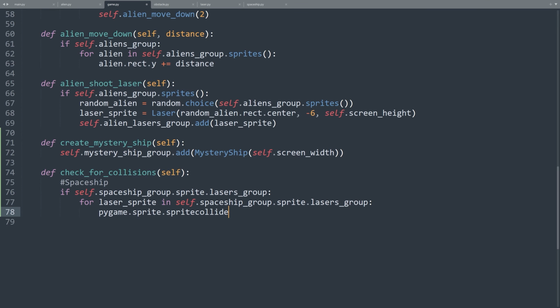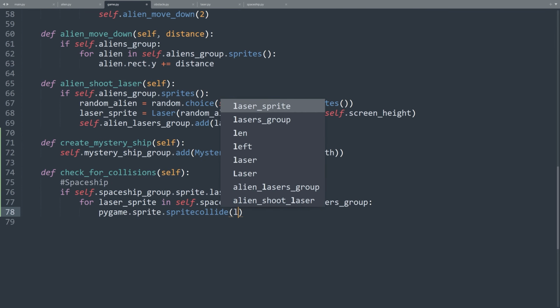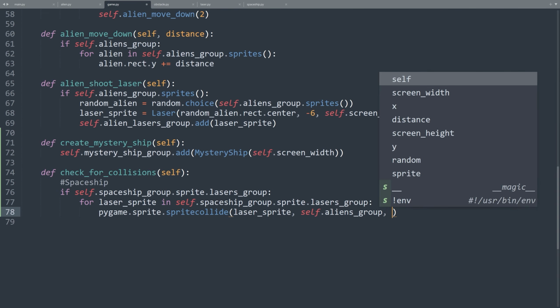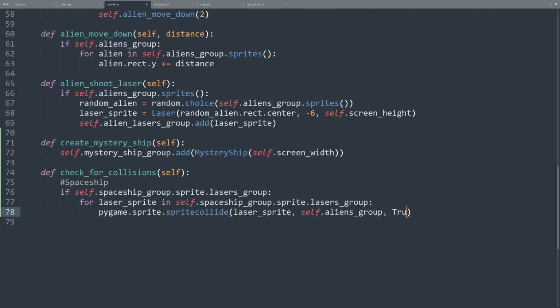pygame.sprite.spritecollide(laser_sprite, self.aliens_group, — do we need to destroy the item that the laser collides with? Yes, so we enter True as the third argument of this function. Do we also need to destroy the laser sprite when it hits an alien? Yes.